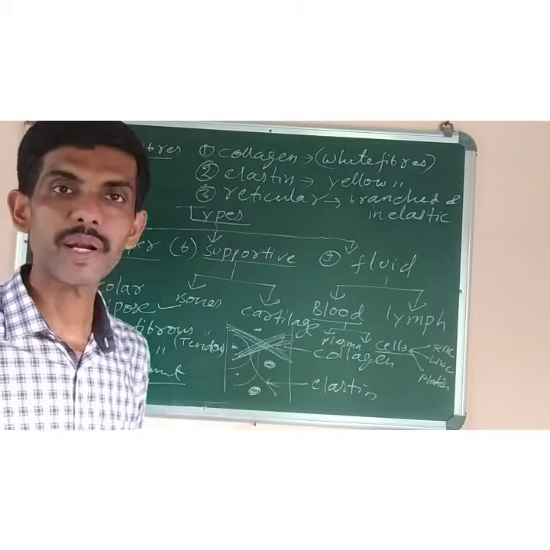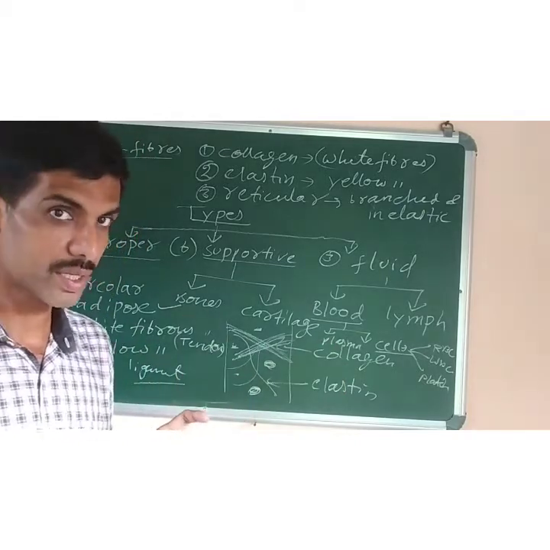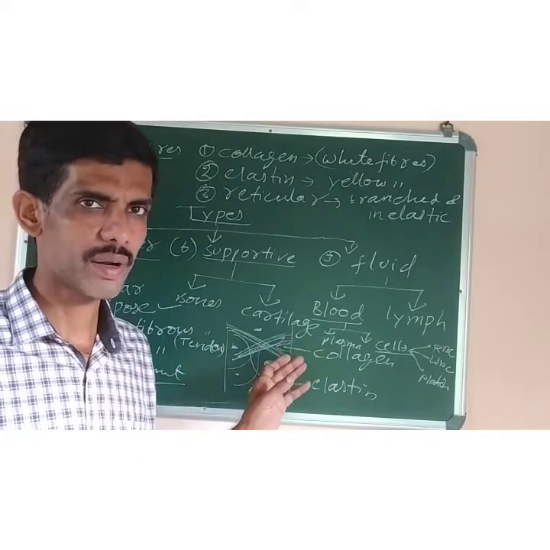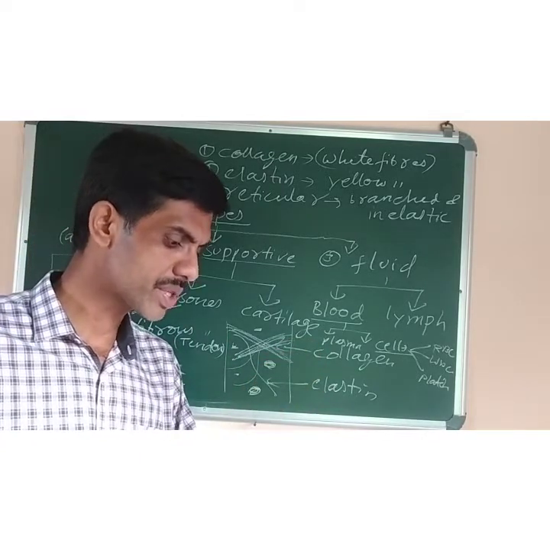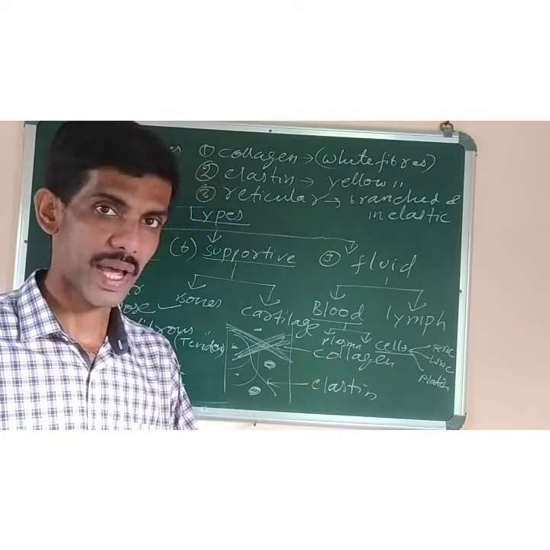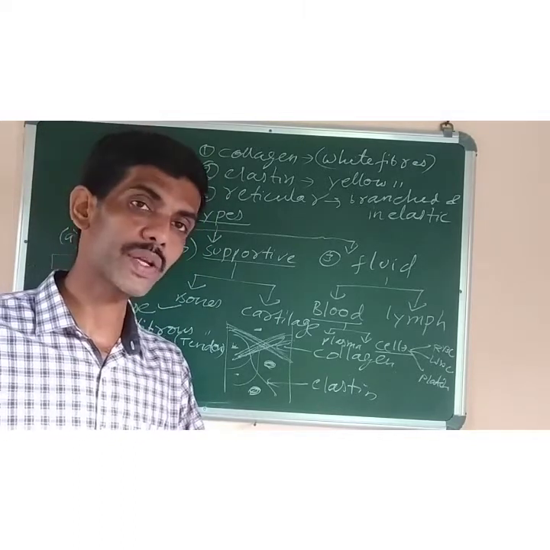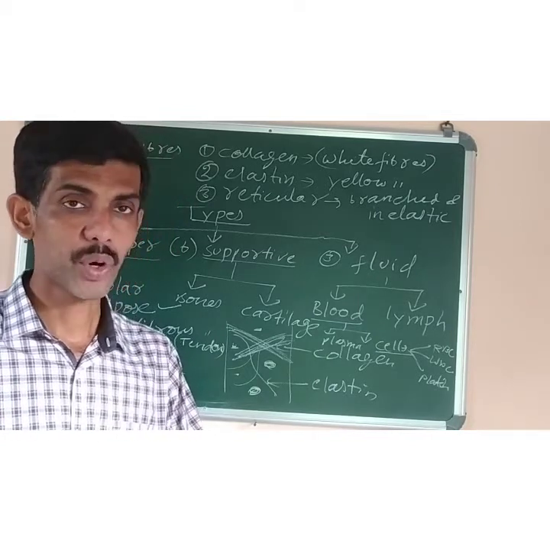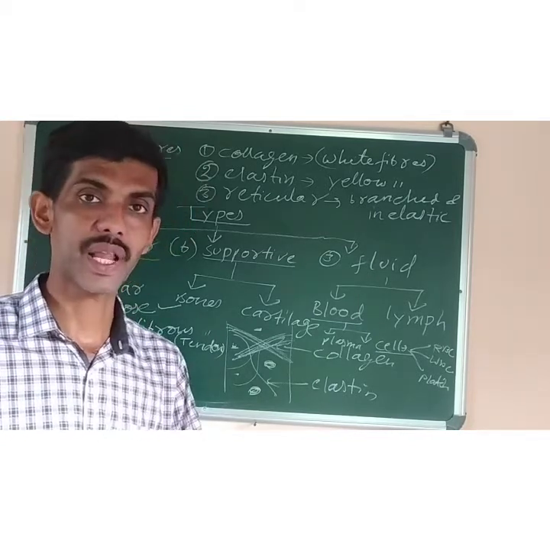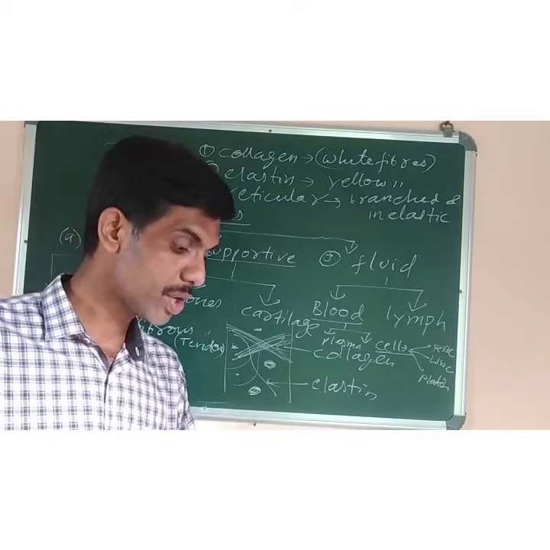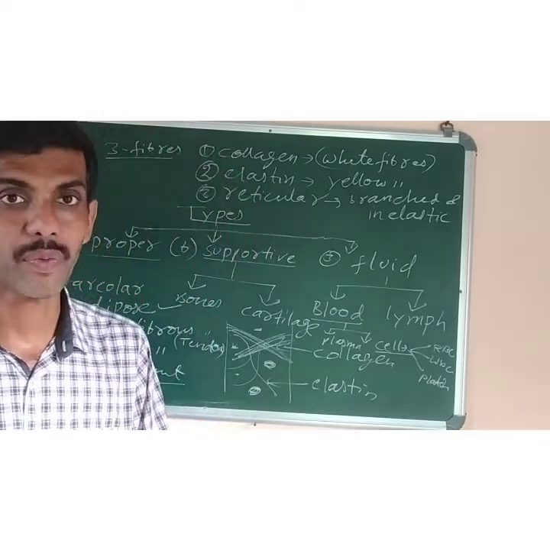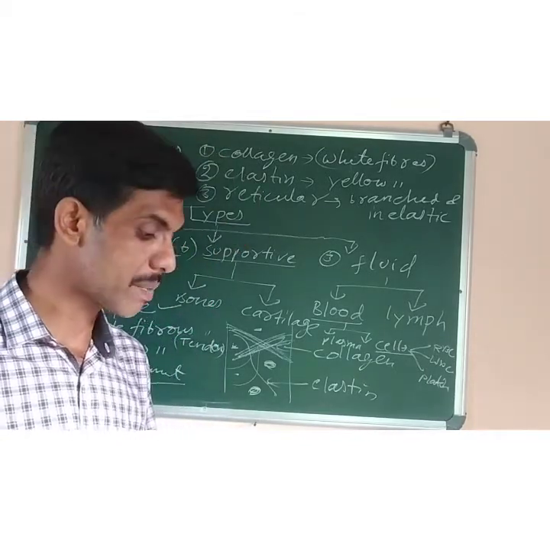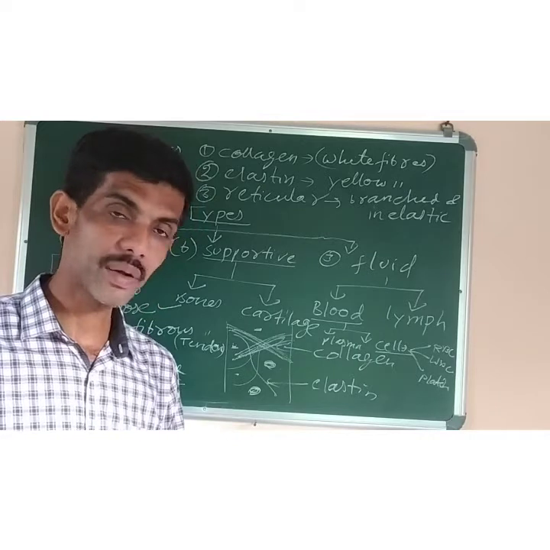First we will study about the blood plasma. Already you have studied in lower classes also. Plasma is the fluid part of the blood. It mainly contains water, means 55 to 60% of the blood is plasma, in which 91 to 92% is water, and the rest are other materials like proteins. There are different types of proteins like albumin, globulin, fibrinogen, prothrombin, and different types of hormones, enzymes, salts, minerals, blood clotting factors, vitamins, and waste. All these are present in the blood plasma.